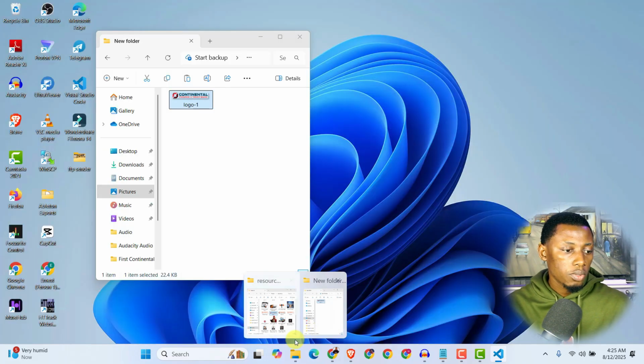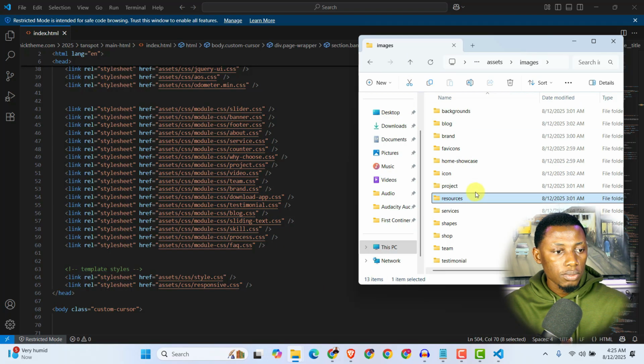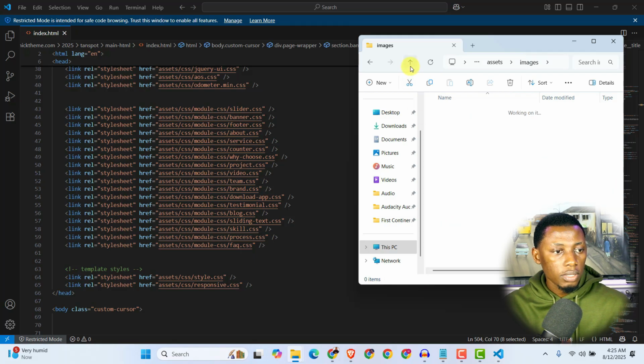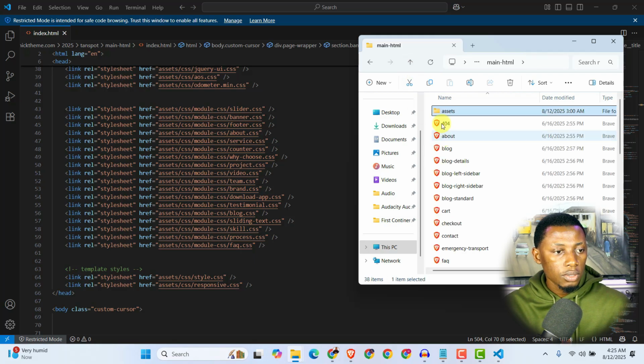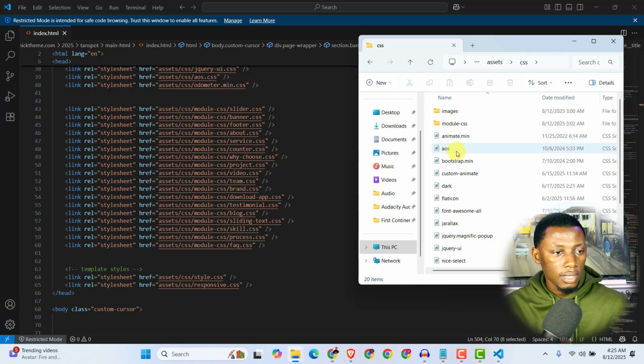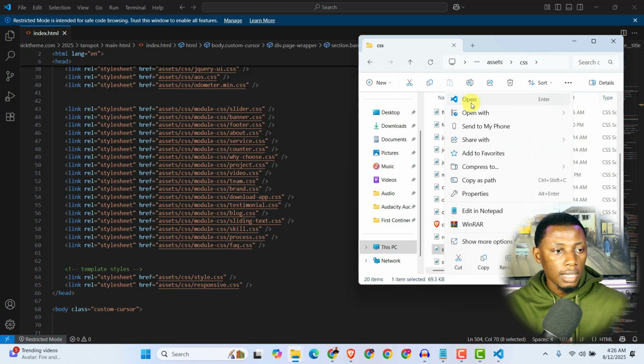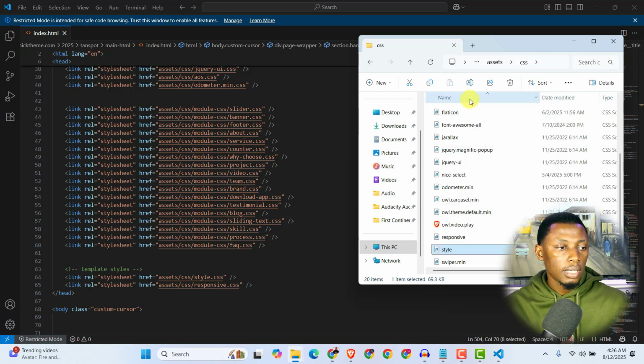Okay, so let me just go back to the website folder right here. I'm gonna go all the way back to assets. Then I'm gonna go to CSS, and I'm also gonna open up the style.css. You can see the style file right here. So I'll right click on that and open with code. You can see the logo right here. So I'm gonna open it with VS Code. So I click on open,